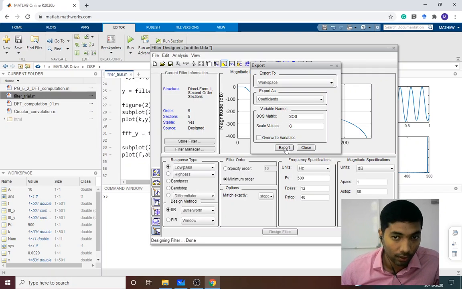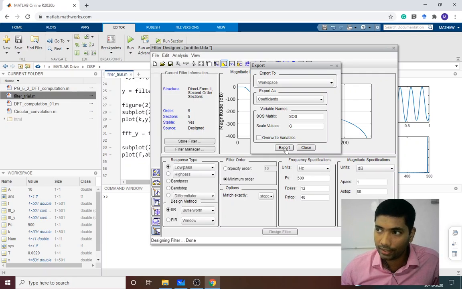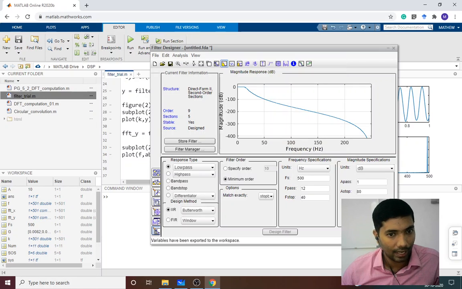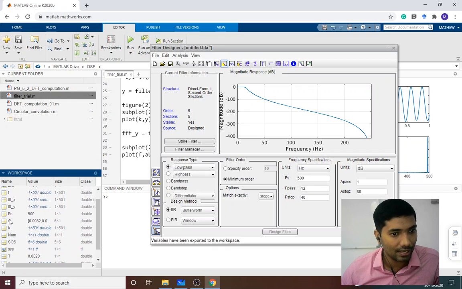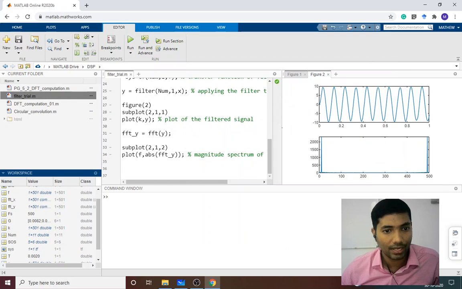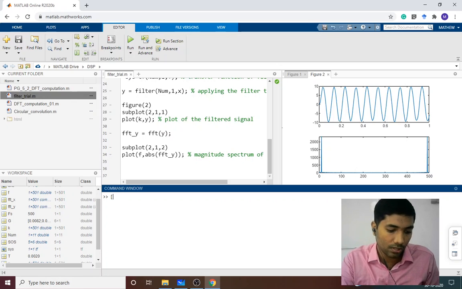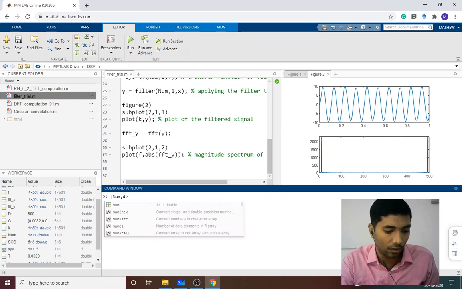Anyway, we will export these to the workspace, and from workspace we will get the numerator and the denominator. I will show you how to get the numerator and denominator. So you click on export, so that capital SOS and G. So here is capital SOS and the gain G is there. Once we have SOS and G, we can use the command. So I'll define numerator comma denominator,